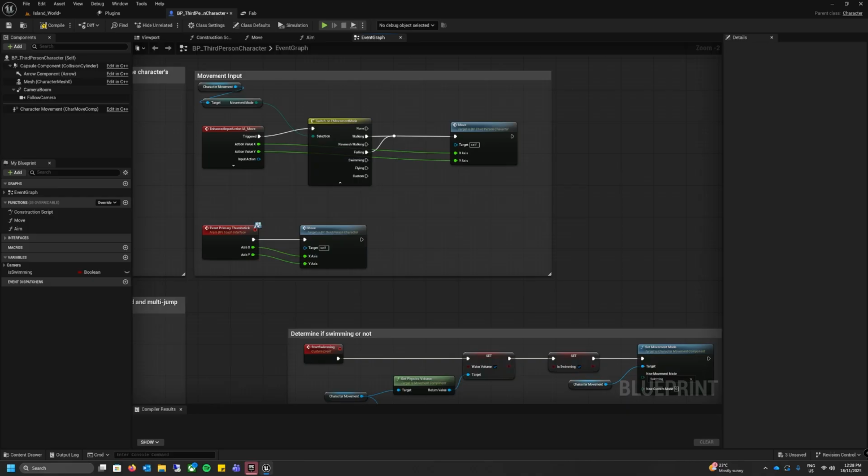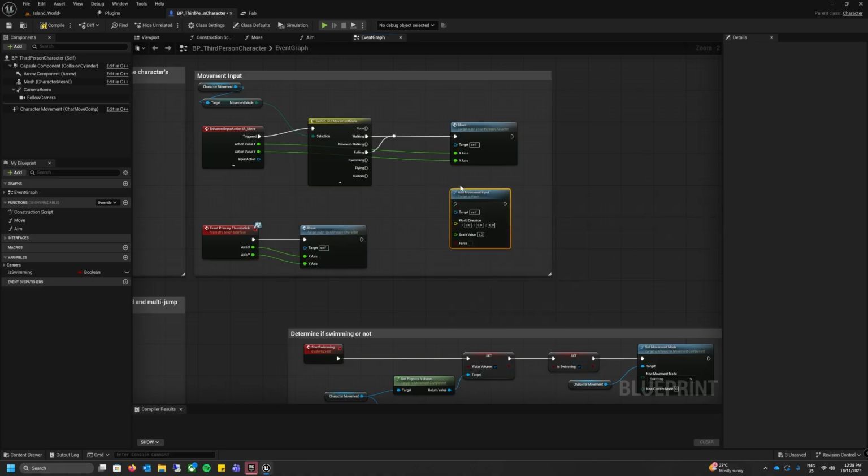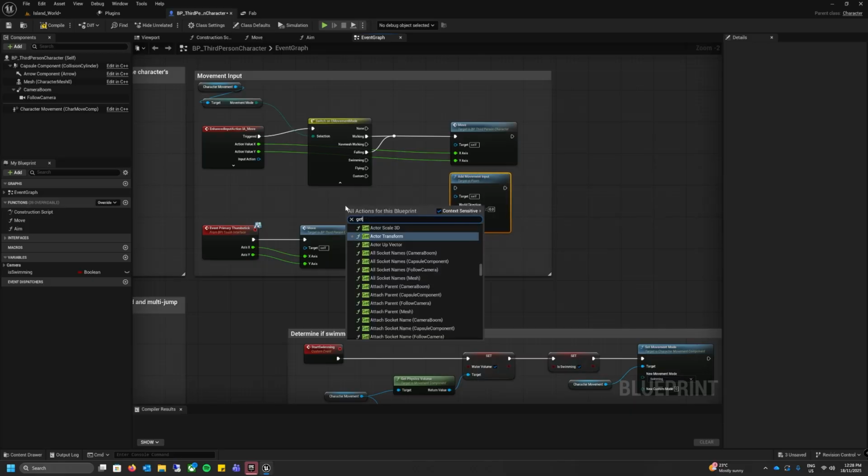Again, if you are on an earlier version, then use the same function, but you will have an add movement input node here. And just for the sake of that, I'm just going to show you what that looks like, because we're going to use that for our swimming rather than calling this movement function, just so we can show both ways of doing it. So first of all, I'm going to right click. I'm going to go add movement input. Okay. From another blank space, I'm going to get control